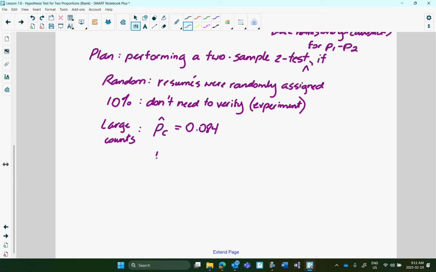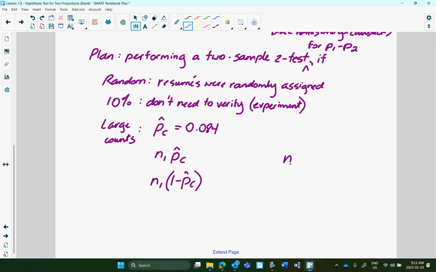So remember, we have to do the first sample size, the number of white resumes, the total number in the sample, times the combined sample proportion,